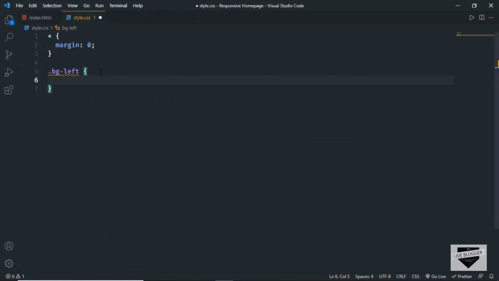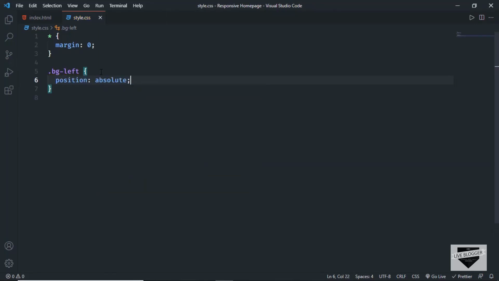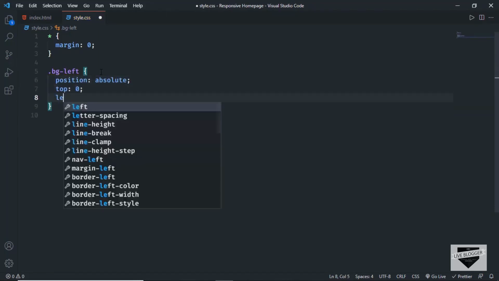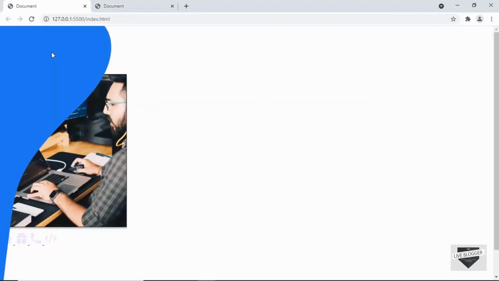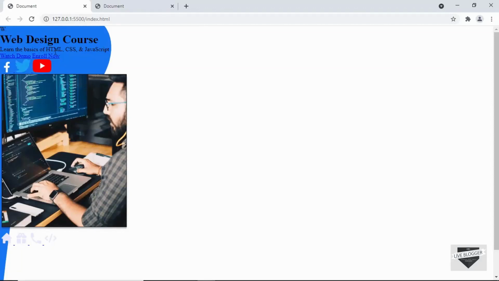So let's go back to our style.css, and let's add a positioning of absolute, and we'll set the top position to 0 and the left position to 0. Now we can see that the image doesn't affect the position of the other elements, but we also want it to be behind all the other elements. So for that we can use a property called z-index, and we'll set the z-index to a negative value. So we'll just set it to -2, and now we can see that the image is behind all the other